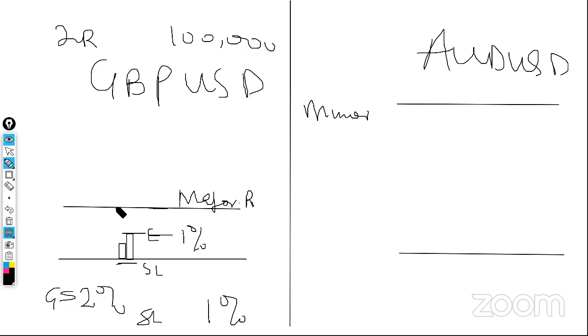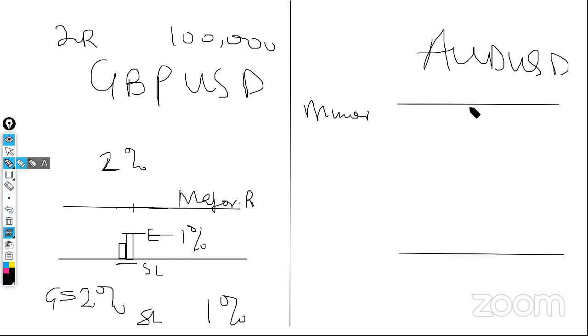So if price gets to this zone right here, price has a high tendency to make a reversal, or a high tendency to have a pullback, or a high tendency to have difficulty breaking through this level because it's a strong key resistance major level right here. It is a strong major key level for resistance, as a resistance zone, as a ceiling. So price may have difficulty breaking through right here, which means price can make a return, a U-turn downward. So for me to make a 2% trade right here, the chances are very, very, very low.